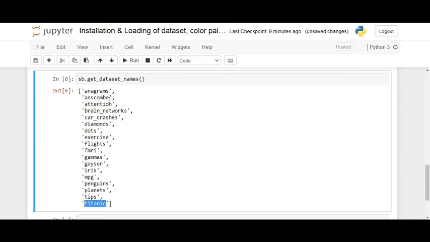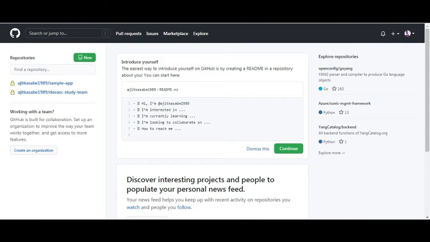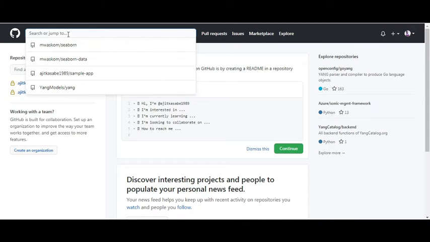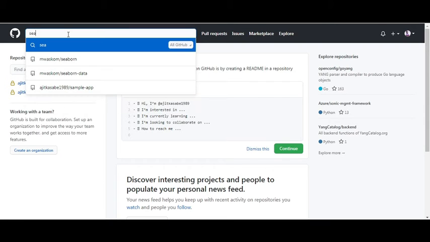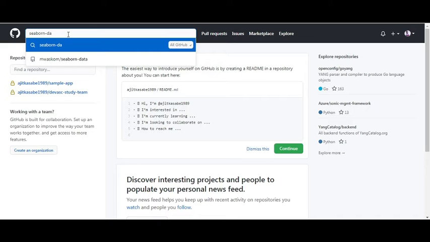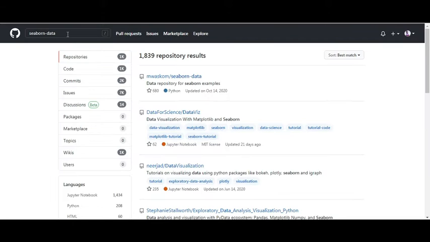Now, from where is this data made available? For that you can go to GitHub. I'm already here in GitHub. You can use it here, seaborn dash data, and you can click on this one.